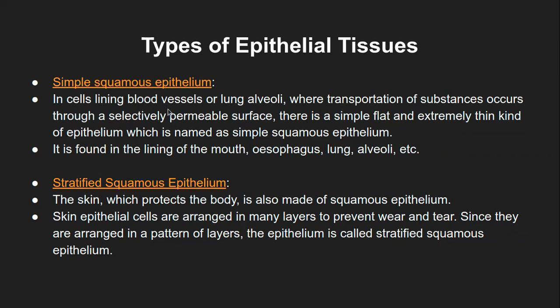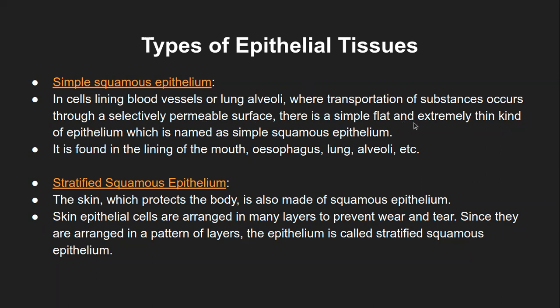Even if you look at the blood vessels, or even if you think of the lung alveoli, it is very specific for the exchange of carbon dioxide with oxygen through the hemoglobin function. So that way it's very specific. Blood vessels also allow water permeation as well as nutrients being permitted across the blood vessels. It is very specific to that function. So that is where the simple squamous epithelium is present.